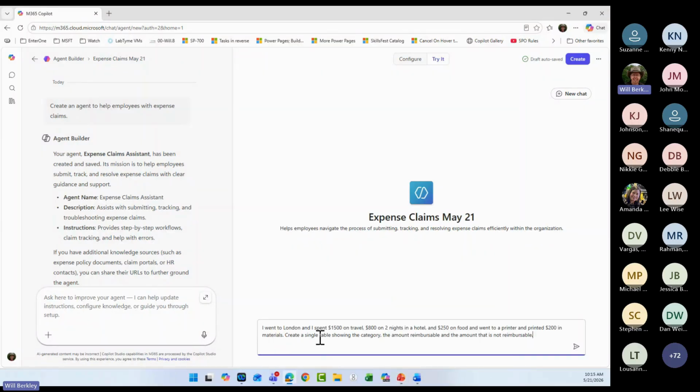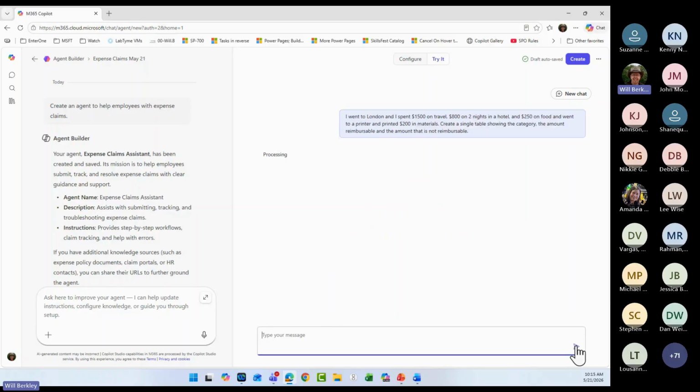So I'm going to go ahead and say, went to London. I should say to see the Queen, but it's not the case anymore. And I spent such and such amount of money on travel and hotel and food and printing and so forth. Now, I haven't told it whether this is a valid expense or not, but it's going to do its best, right? Based on common information. Part of the large language model is just common information that's out there and available. Okay, it's not going to tell me definitively if these are